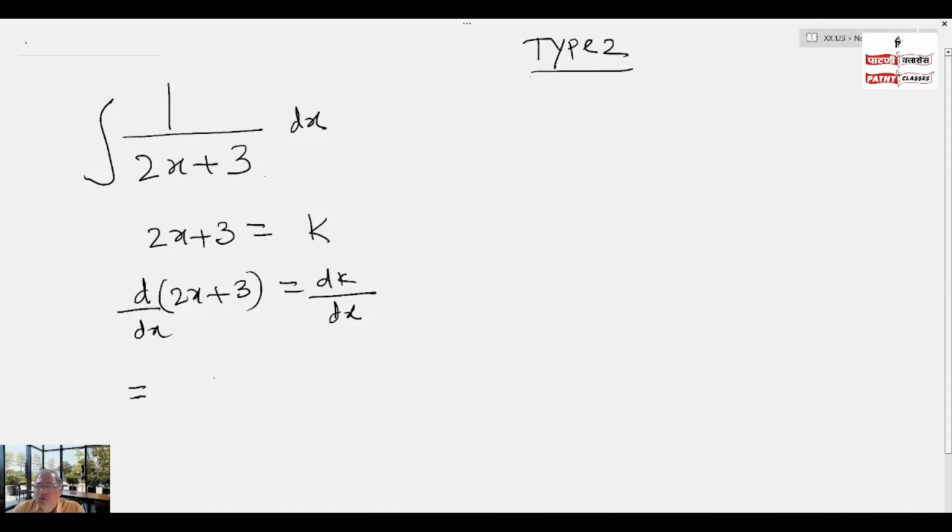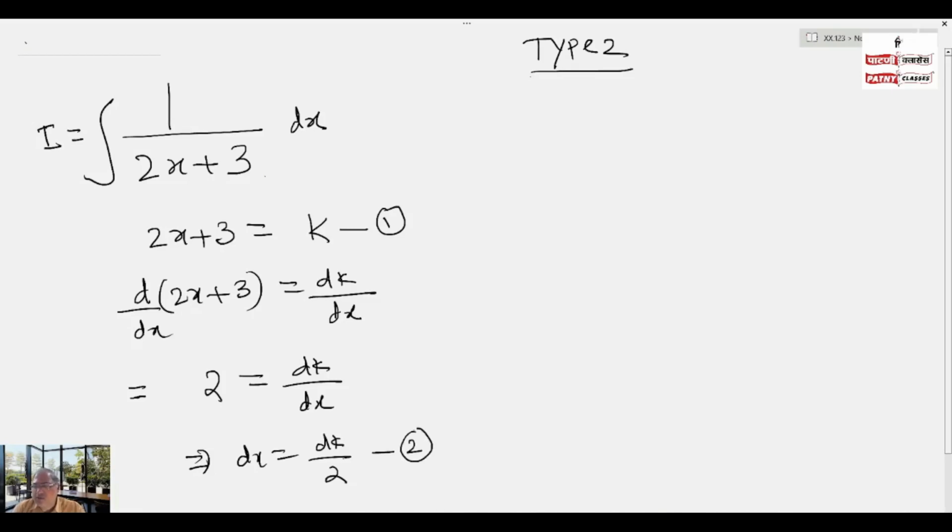Now, the derivative of 2x plus 3 is 2, which equals dk by dx, which implies dx equals dk by 2. Now the given problem we can call I, and dx equals dk by 2. Now what are we having? We are having I equals